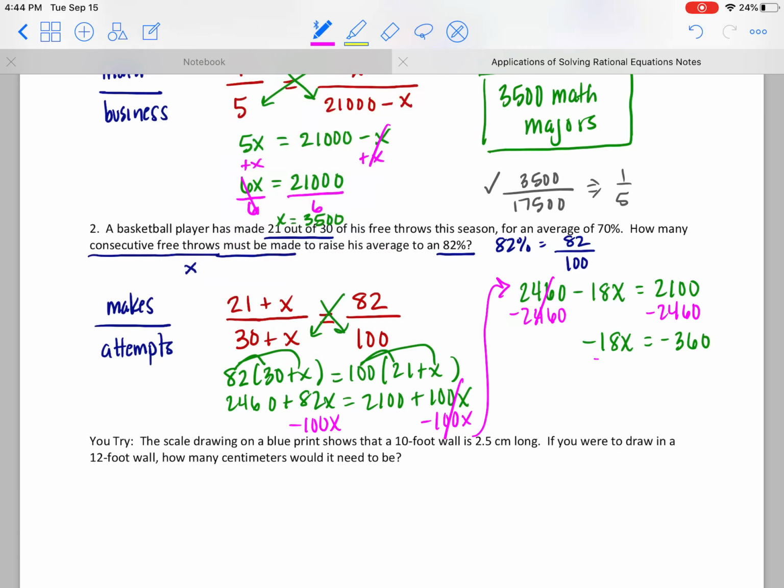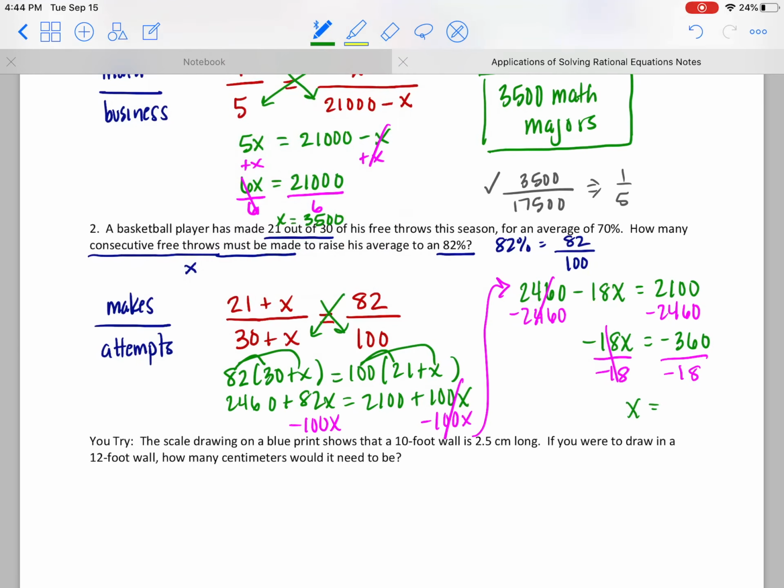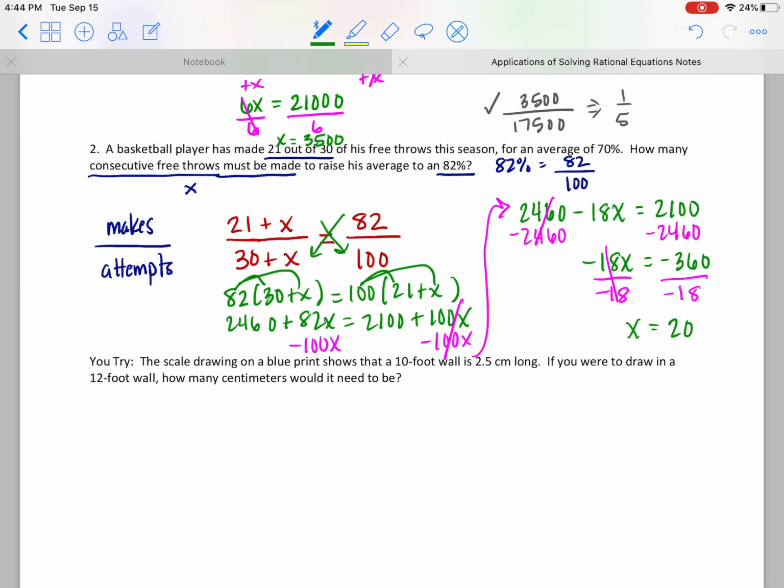Now I just got to divide. And I'm good. That cancels. And x is going to be equal to negative 360 divided by negative 18, which is going to be positive 20. So positive 20 was x, and x was the number of consecutive free throws that he has to make. So he has to make 20 consecutive